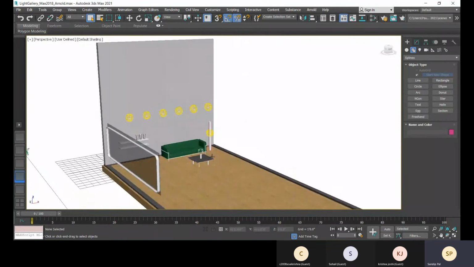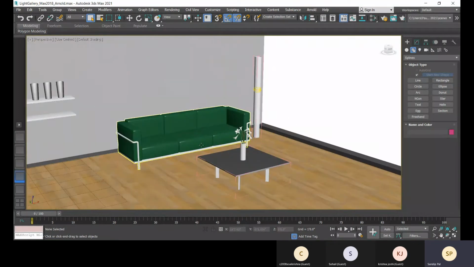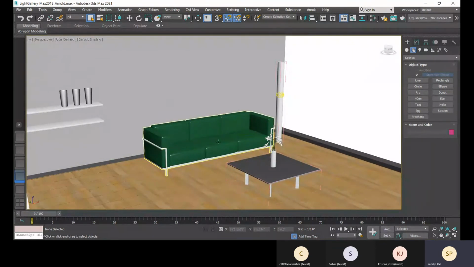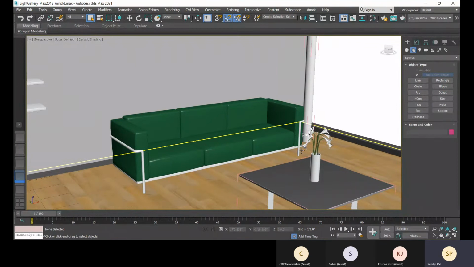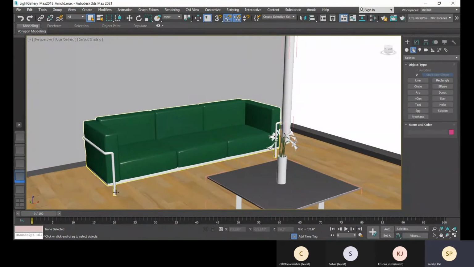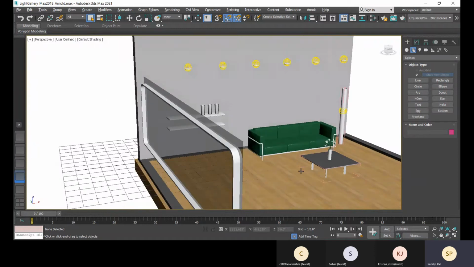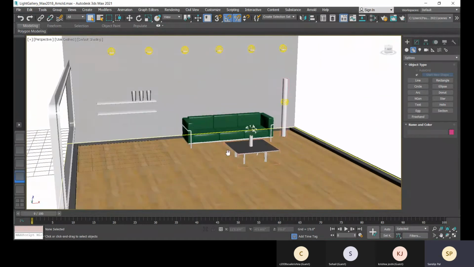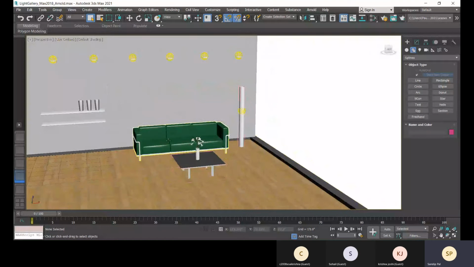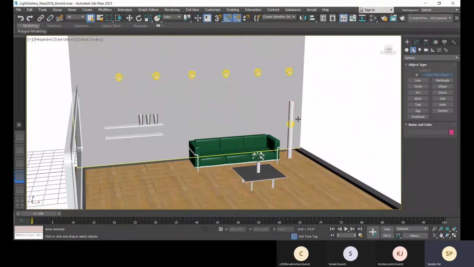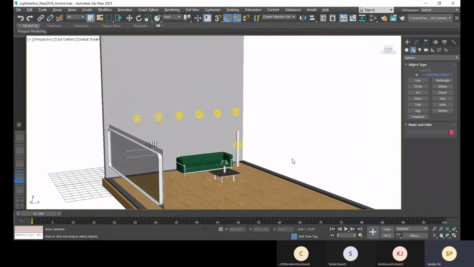I think you can create this kind of models very easily. Up to this, you know how to create sofas, right? You know how to create this kind of things. I've already given you that task: create a sofa and center table. Okay, you can add other things. These modeling things are very easy, you can do it. And now let's place a camera.